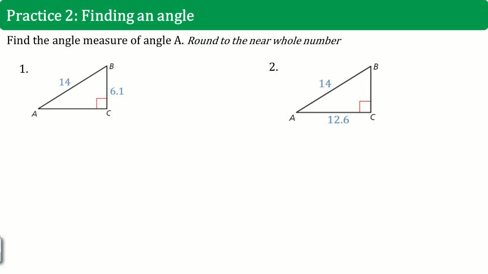Let's just label that first. From the point of view of angle A, we draw our person here on angle A. 6.1 is going to be your opposite, 14 is going to be your hypotenuse. Here we draw the person again on angle A. The leg here is going to be your adjacent leg, and 14 is your hypotenuse. So opposite over hypotenuse is going to be your SOH, and adjacent and hypotenuse is your